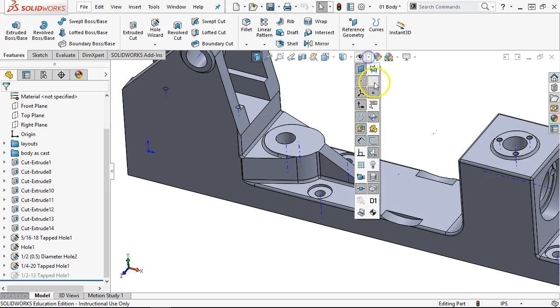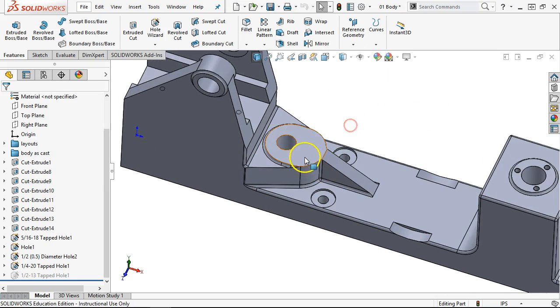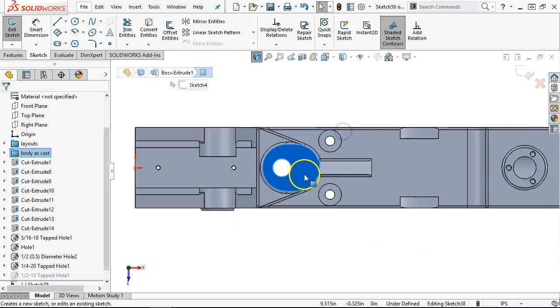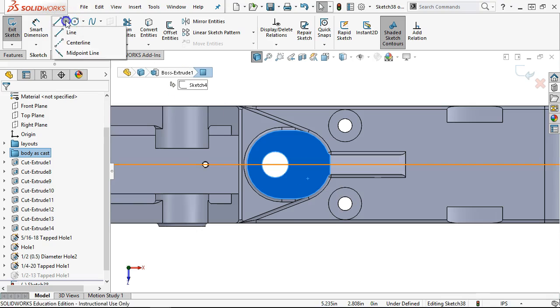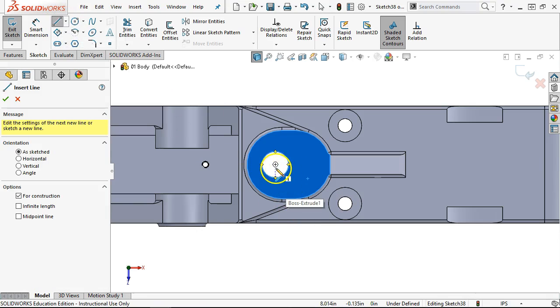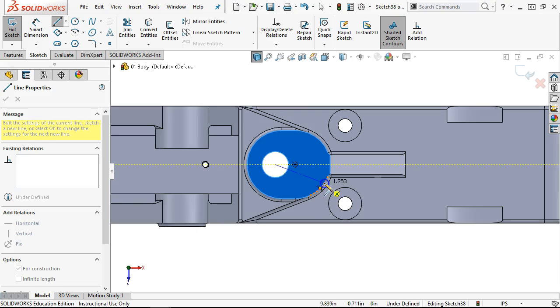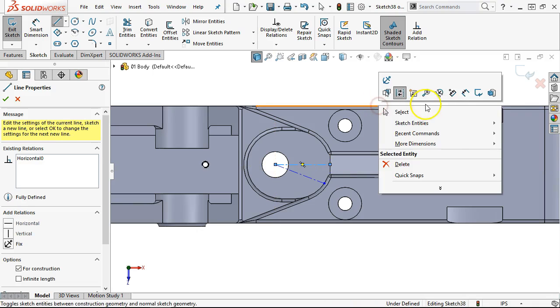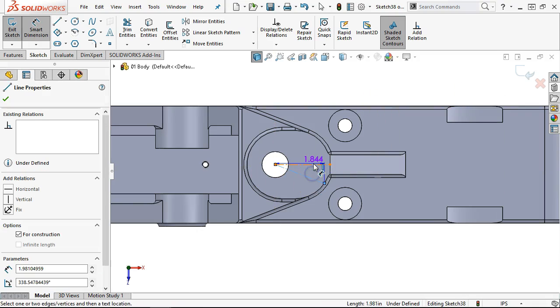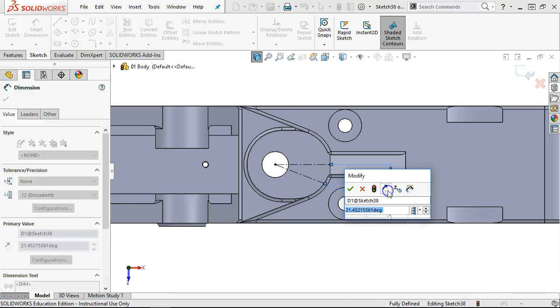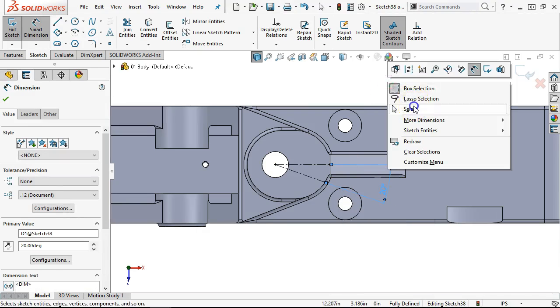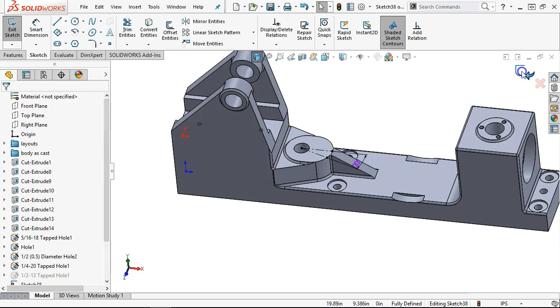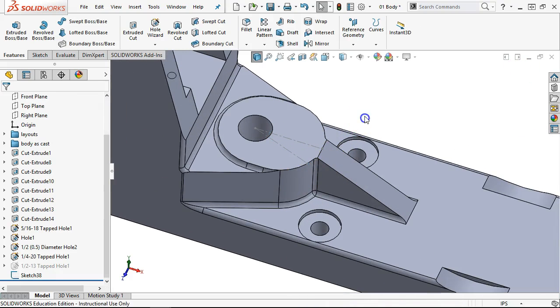Another method, let's go ahead and get rid of the temporary axes again. If I wanted that on this cylinder, I can create a construction line or a center line or a construction sketch, and we'll come out some distance. The advantage here is that I'm going to be able to control that angle very easily. So 20 degrees, and that gives me a reference that when I control select, or I go ahead into Reference Geometry, Plane,